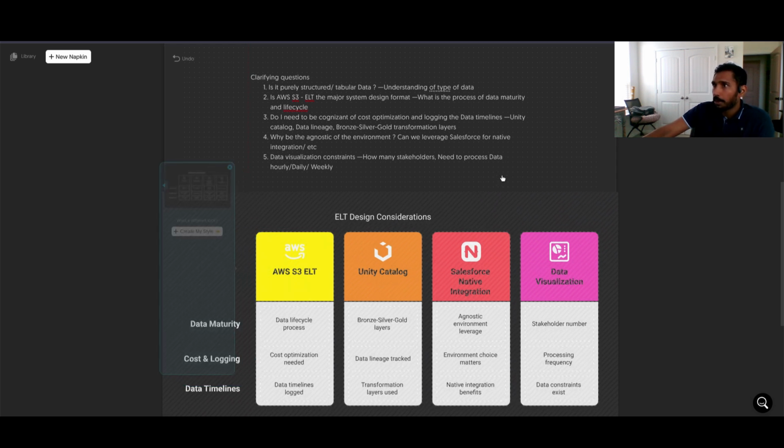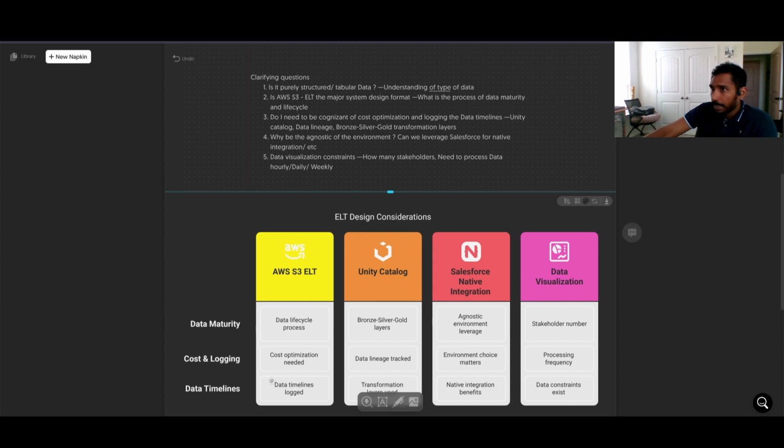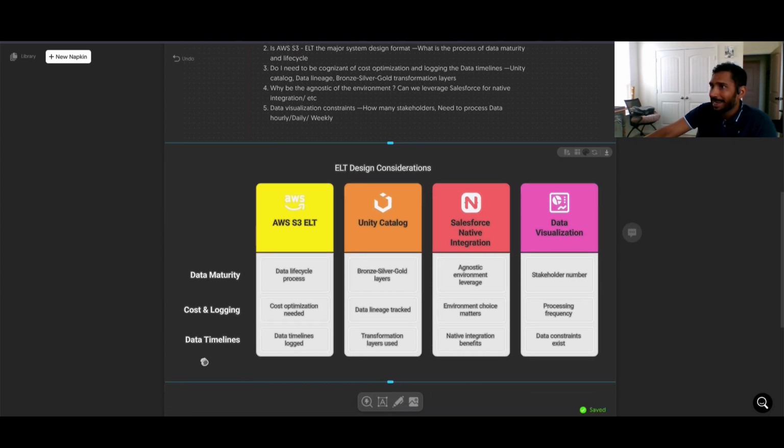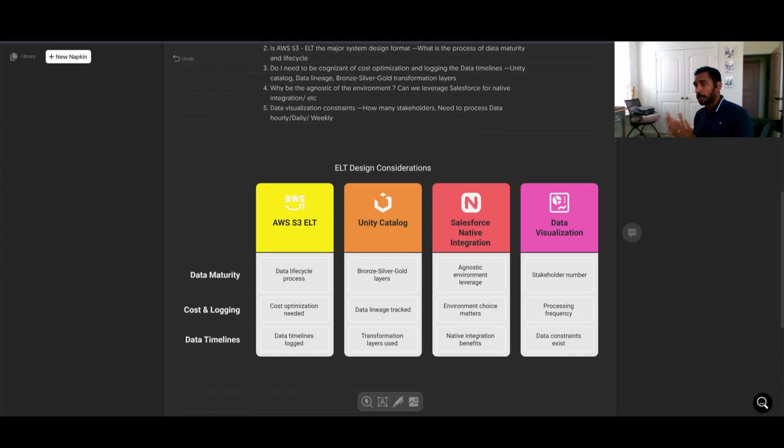So you're talking about AWS S3 bucket, and you want to think about cost logging and data timelines. So that's going to govern your system design about what kind of services you're going to leverage. You're going to use AWS Glue to get the data on board into the S3 buckets. And then from the S3 buckets, you want to leverage step functions and Lambda functions, which can be integrated into any 2 systems out there. So Lambda function is probably what you want to use to get your data on board and connect it to